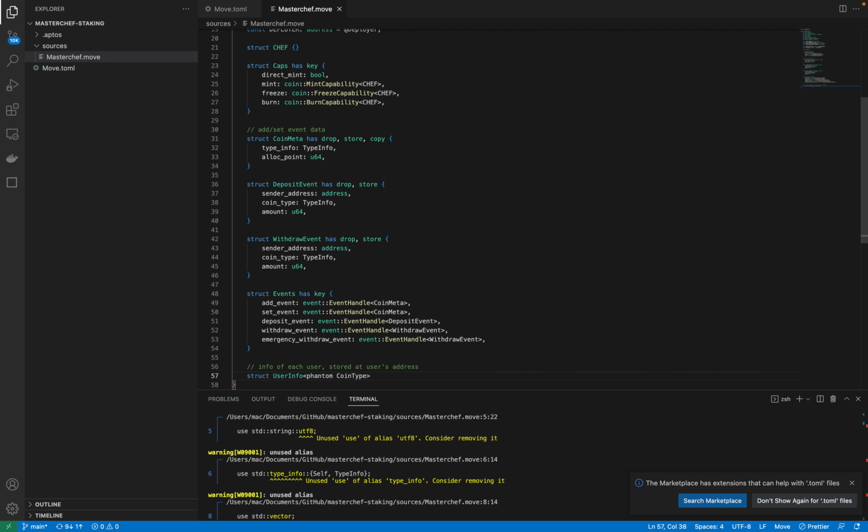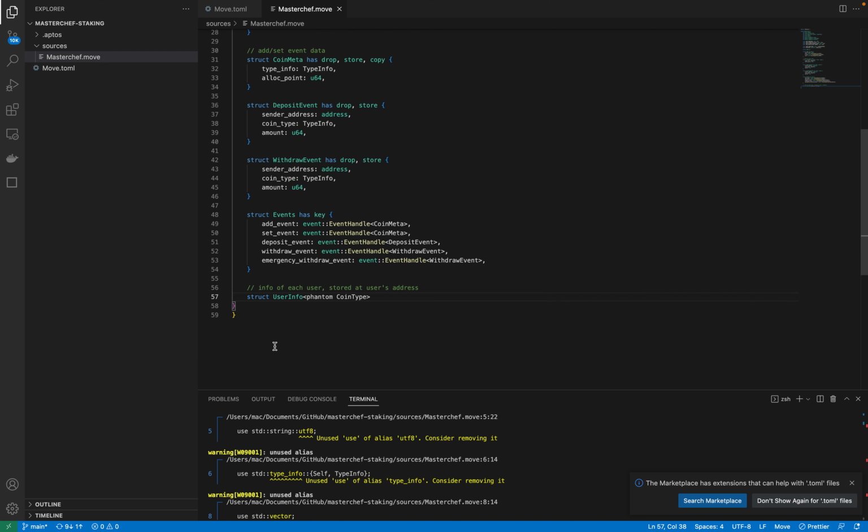Since we are not depositing just one type of coin in the staking contract, any coin can be deposited on the contract as long as a pool has been created for it. So we're going to leave this as a generic coin type. This has key, has store, and copy. So we have the amount